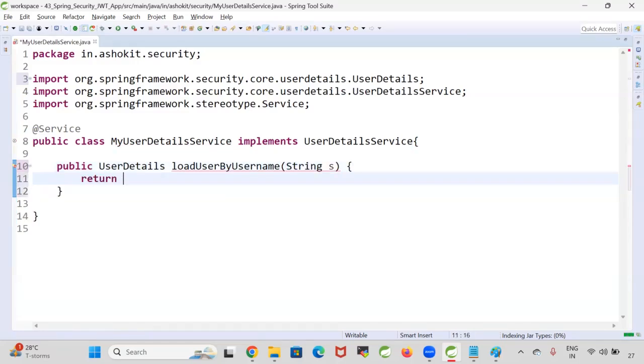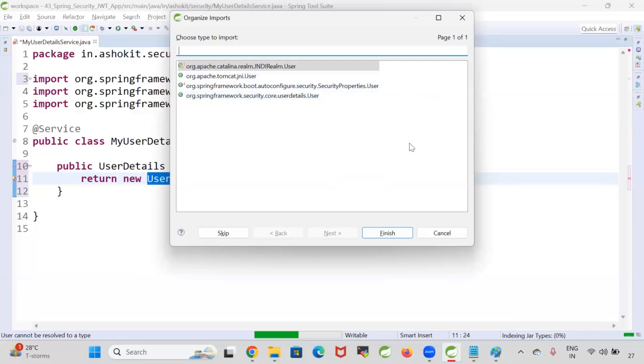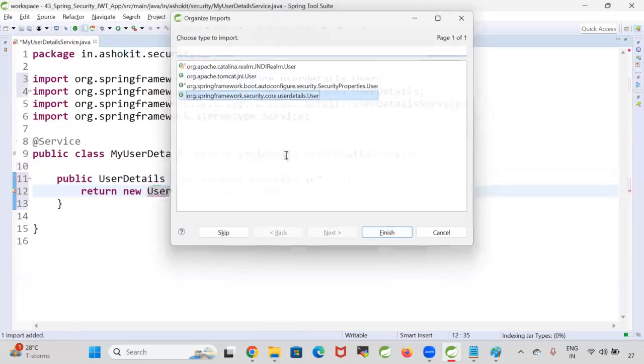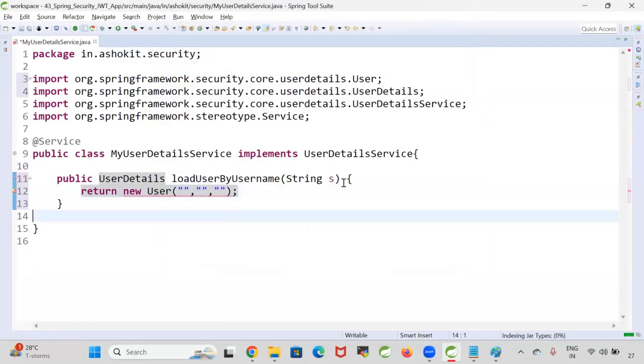Then what is it going to return? It is going to return a new User with the username, password, and roles of that user. This User class is not our class, guys. It is provided by Spring Security. Now let me throw the exception. Throws